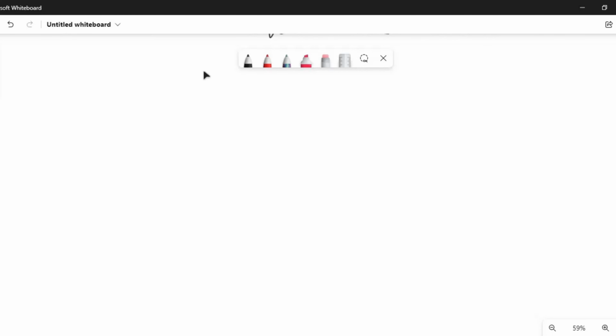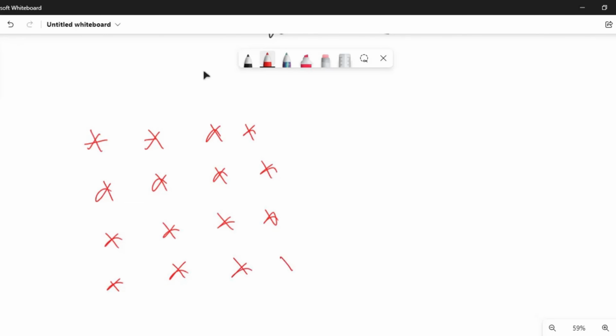Now, as I was telling in my last class, we will be seeing how we can print a pattern. So for example, we have a pattern like this. Let me do once again 4 by 4.